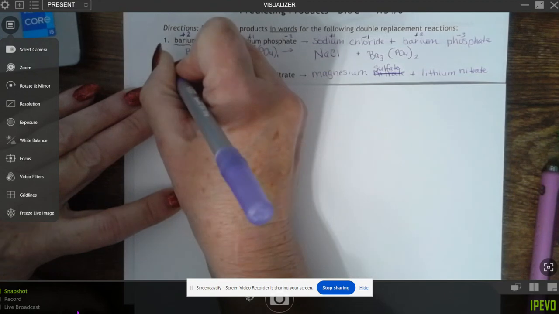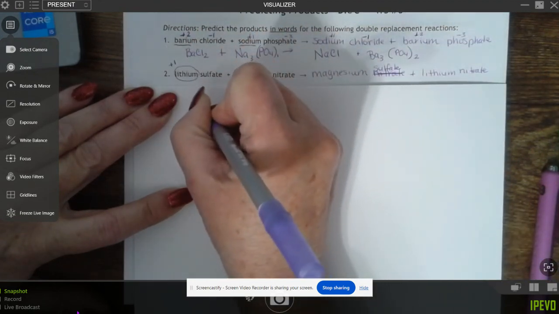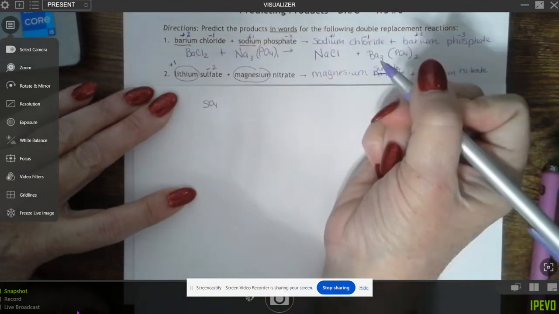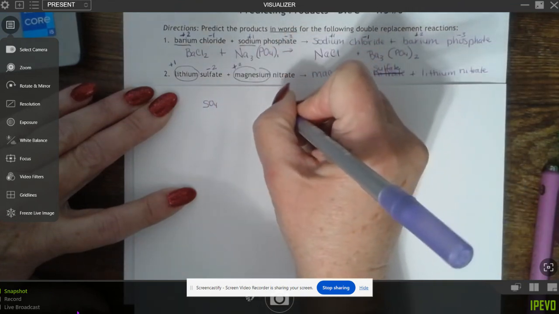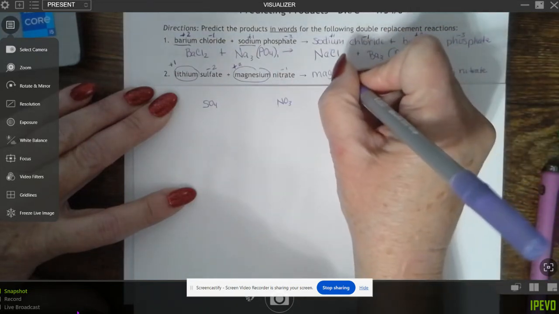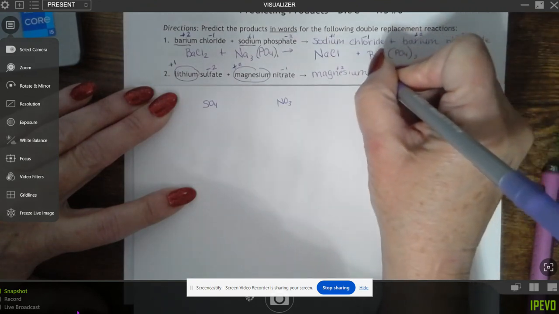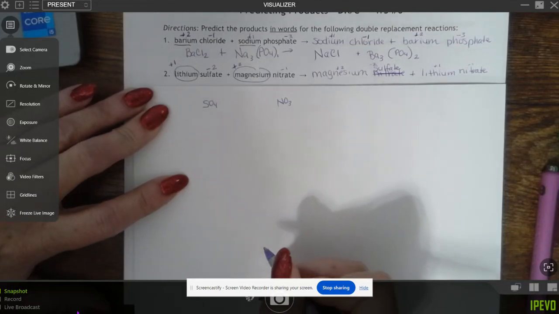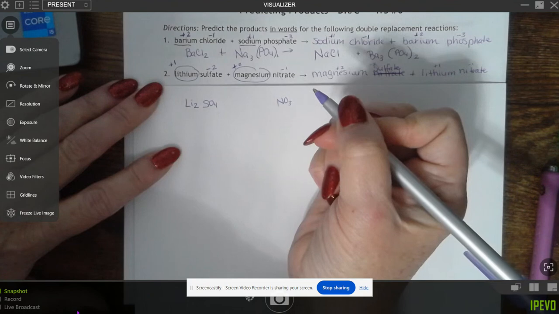Okay, so now I'm going to look at my charges. So lithium forms +1 ions. Sulfate is SO4. If I look at the back of my periodic table, sulfate is SO4 with a -2 charge. Magnesium has a +2 charge. Nitrate is NO3 with a -1 charge. Magnesium is +2. Sulfate is -2. Lithium is +1. Nitrate is -1. All right, so I'm going to have Li2SO4